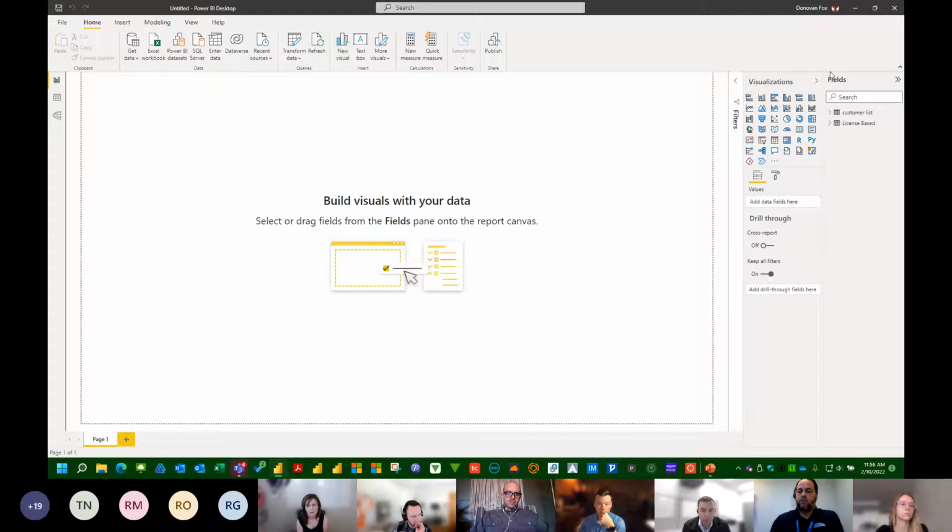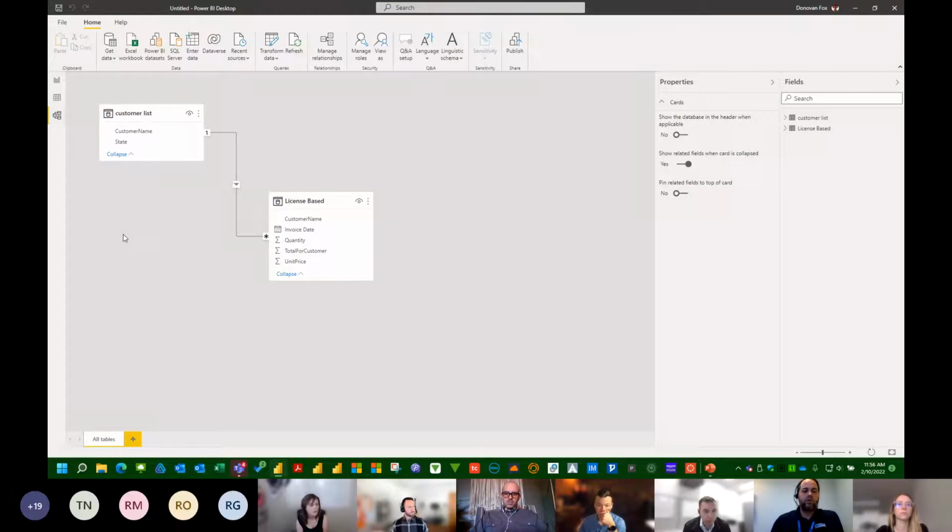So you can see we've got our tables over here. I wanted to show it was really smart and figured out that my two tables can be related based on customer name, and it's a one-to-many relationship, so it'll do filtering nicely and everything. And it means that I'll be able to use the state field in order to separate our subtotals once we